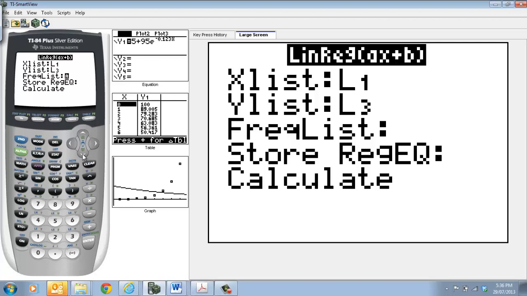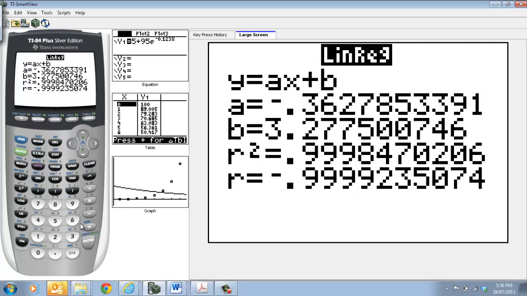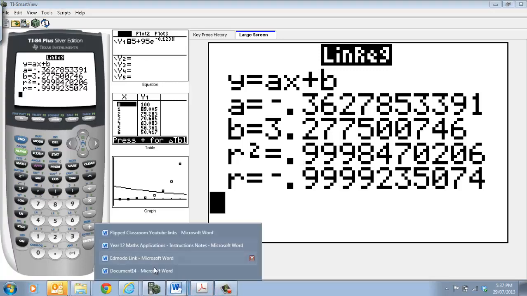Actually, I don't need to store that. Let me go calculate. Alright, so it tells us that we've got a very good correlation coefficient there. Our A value is in fact going to be equal to negative 0.3628, that will be enough detail, and our B value is 3.2775. So if I go back to my Word document,